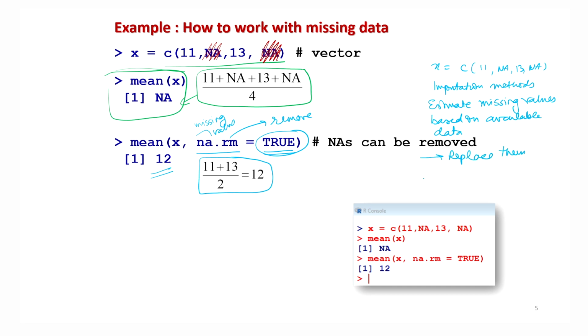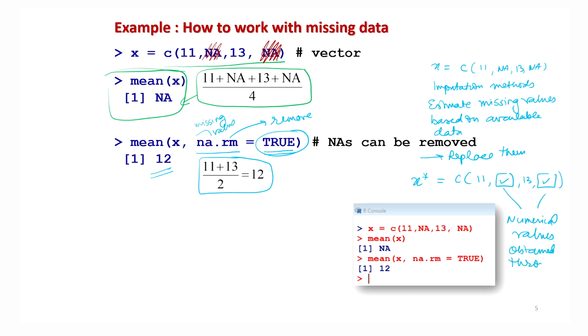So now the new x star will become 11, then some value here, not NA, then 13, and then another value in place of NA, and these are going to be some numerical values obtained